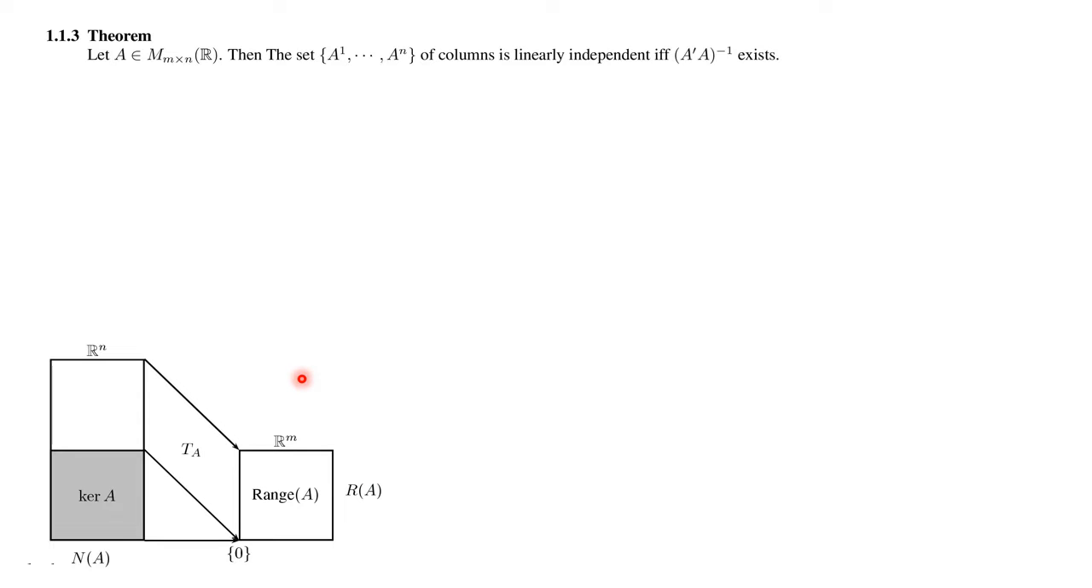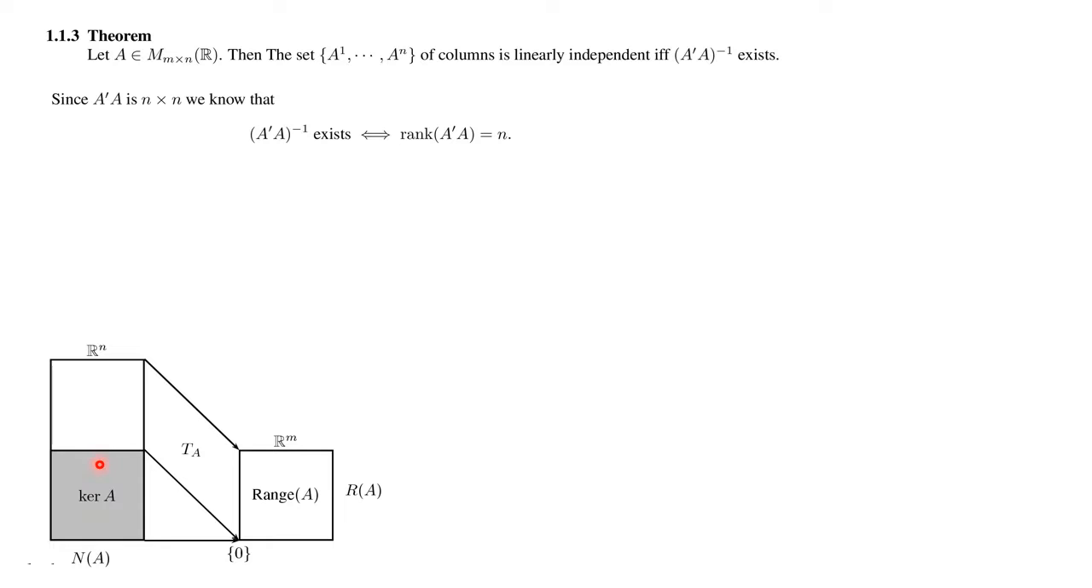So that means, finally, that if we've got an m by n matrix and we look at the set of columns, we can now show that if this set of columns is linearly independent, then the inverse exists. Now, if the inverse exists, it means that the rank of A is the whole of n. You can't have